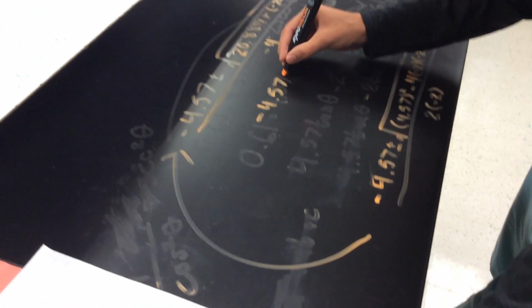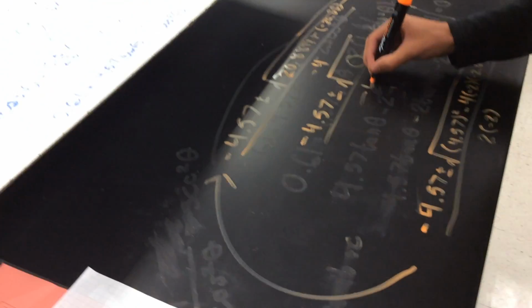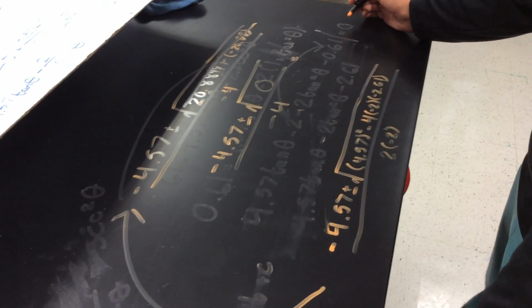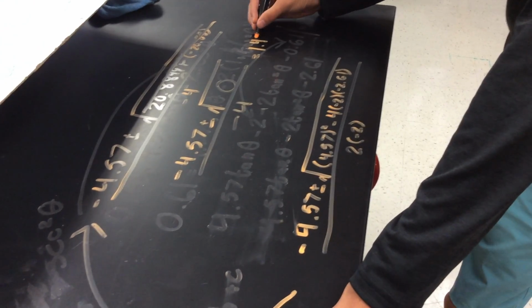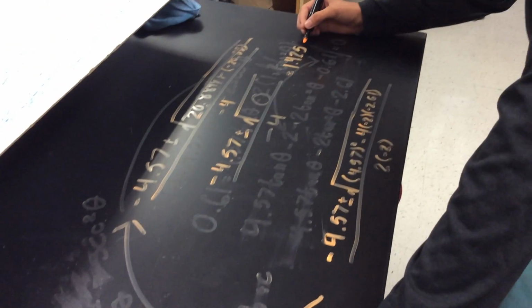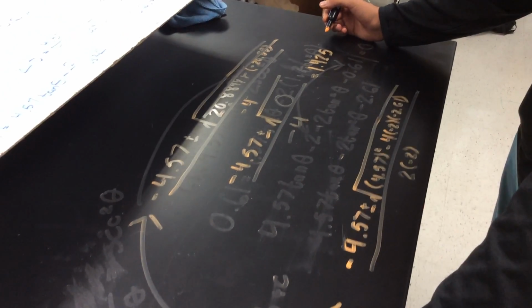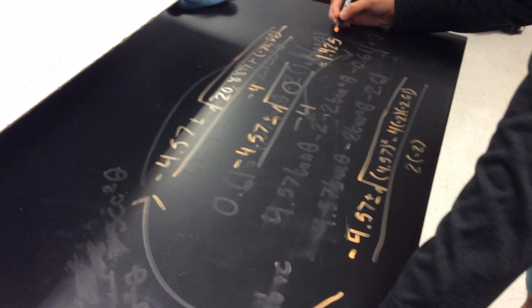So then you're left with negative 4.57 plus or minus square root of 0 over negative 4. You'll get the same answer, and if you just put all that in a calculator, you're left with 1.425. And that's going to end up being your tangent theta value, actually. So, how do you do this tan inverse part again? Oh yeah, since everything was in terms of tangents earlier, which I just erased, which kind of sucks, you basically just do